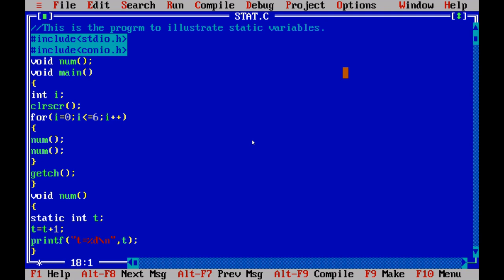But since the variable t is of the type static, it will be initialized just once, no? So it will make use of the previous value. What's the previous value? The previous value is 1. So 1 plus 1 is 2, and that value will be printed. Now again the value of i will be incremented. Now i is equal to 1, and by that time num will be invoked.